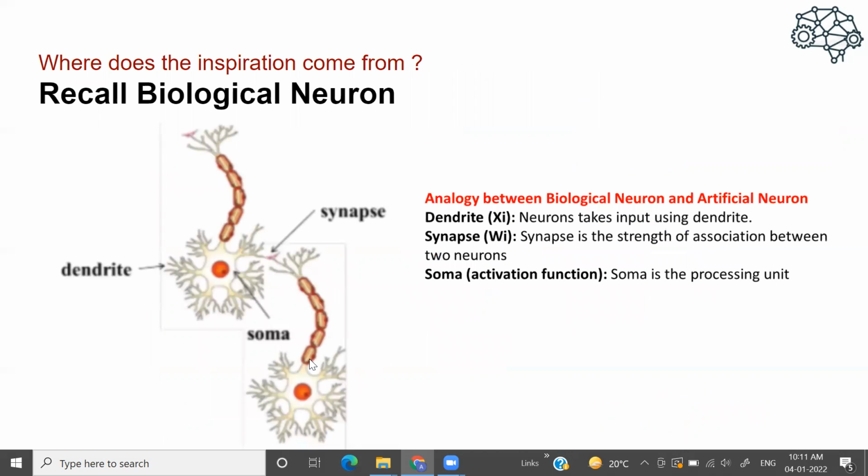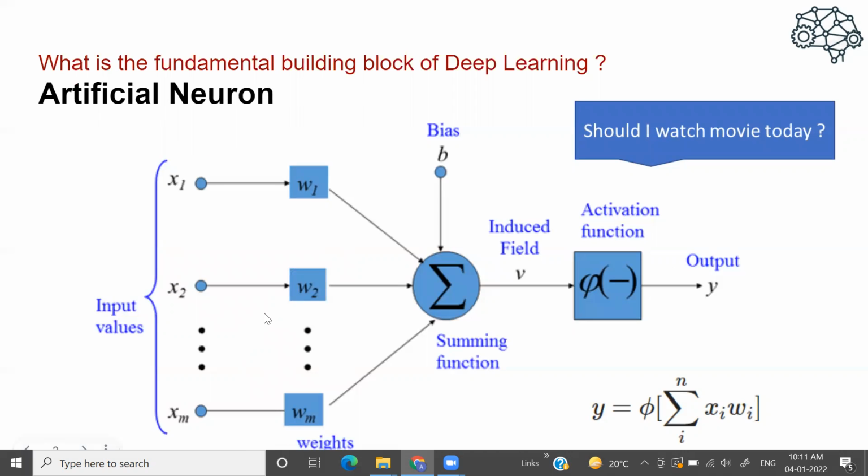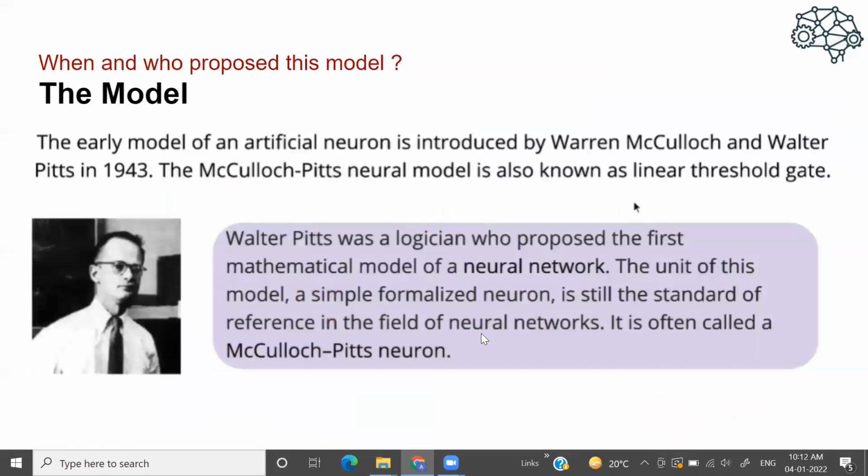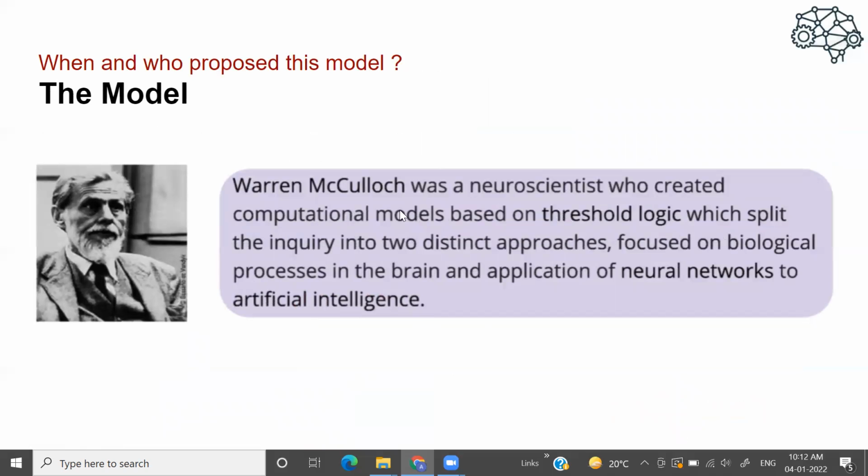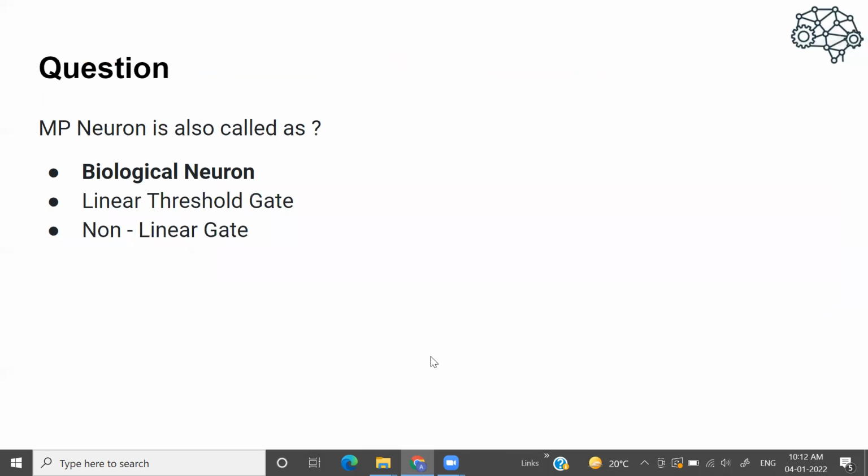Right? So there is a part called the soma in the biological neuron. The counterpart of that is this part, which does the aggregation of our input and weight, and applies a certain function to it. We are yet to see what that function is, and the final output is what we consider for making the decision, right? We read about these two people, Walter Pitts and Warren McCulloch. These two proposed the first model of the artificial neuron, and these were the foundation block for deep learning.